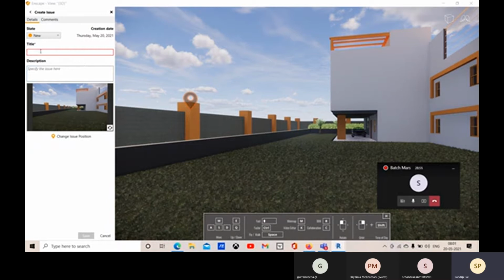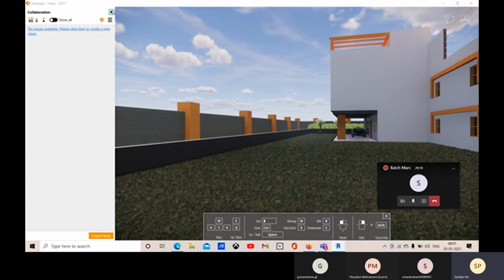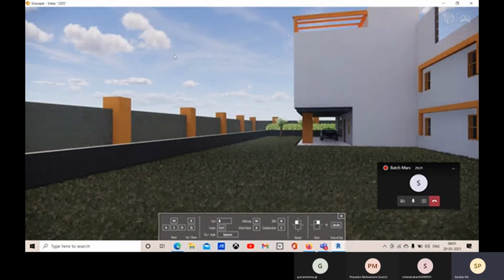Suppose all the columns' height or anything, like all the right issues, you will put the title, and the description you will put here. This will be the create date, and after providing all this, you will save it. Right now I'm canceling it. This way you can create issues while rendering.